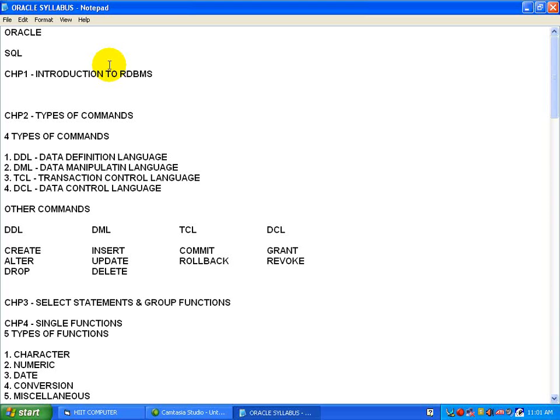So different data types are: first, char data type, character, is used when a fixed length character string is required. It can store alphanumeric values. The column length of such data type can vary between 1 to 2000 bytes. Second, varchar2 data type. The varchar2 data type supports a variable length character string. It also stores alphanumeric values. The size for this data type ranges from 1 to 4000 bytes. The next is long data type. This data type is used to store variable length character data. Maximum size is 2 GB.